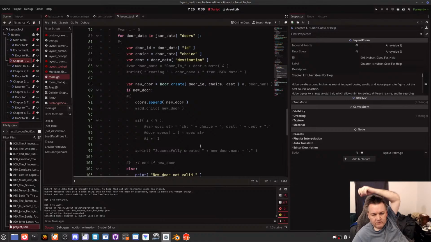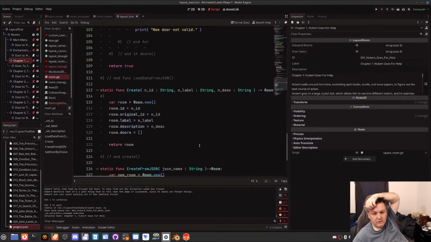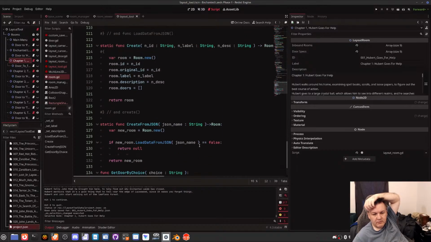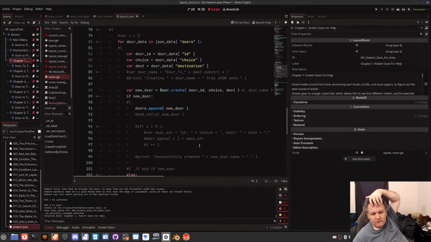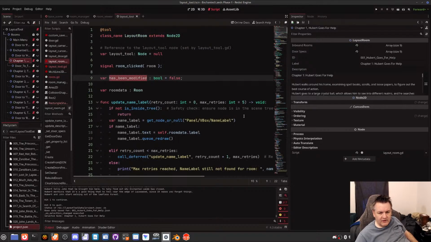Spec string. That's interesting. Create from JSON, load data from JSON, get door by choice. So I'm not even doing the door specs in here. Is that because door specs is only visual, and so that only applied to the layout, right? So I'm gonna have to go to the layout room here,